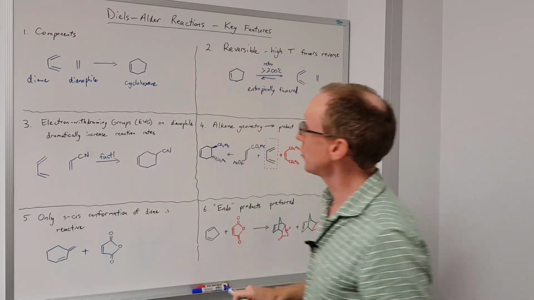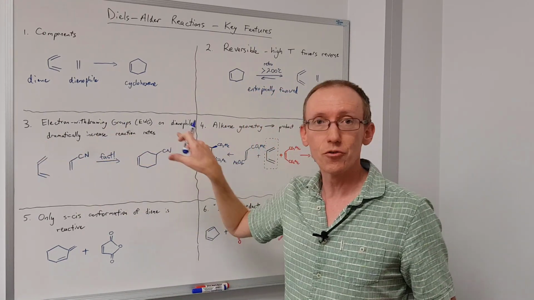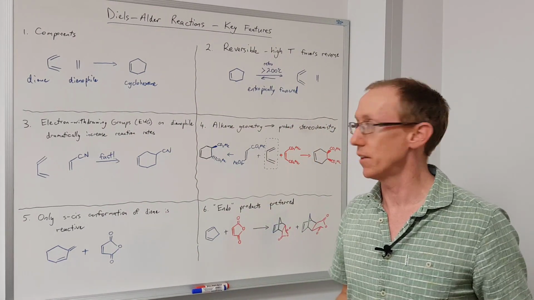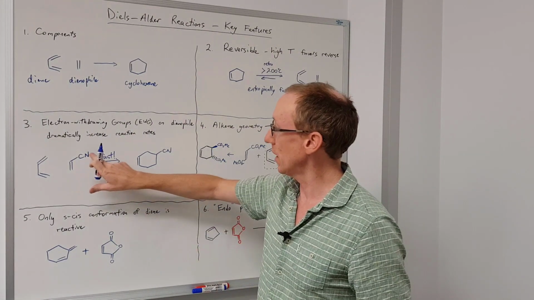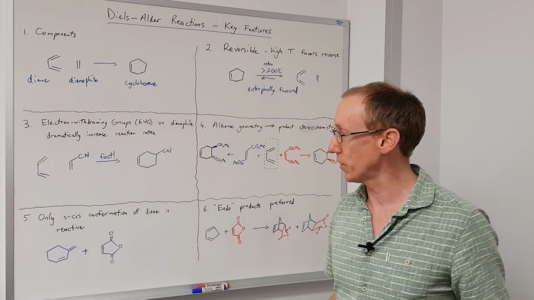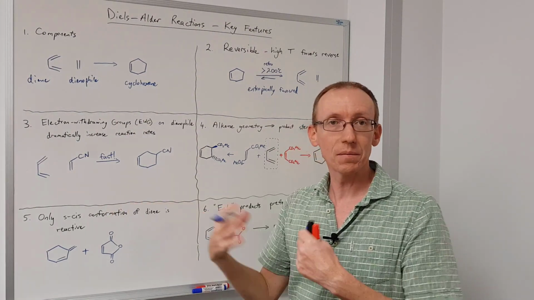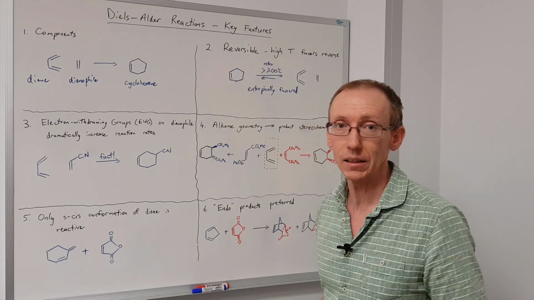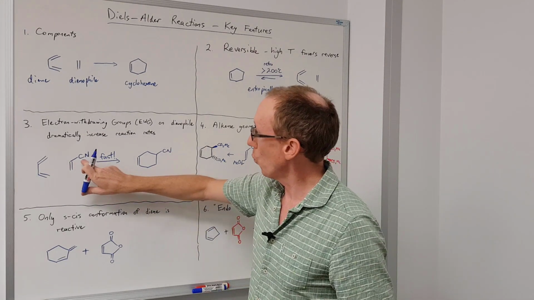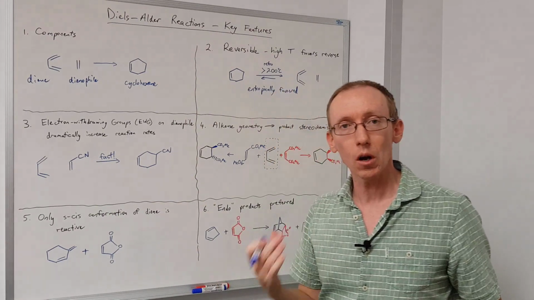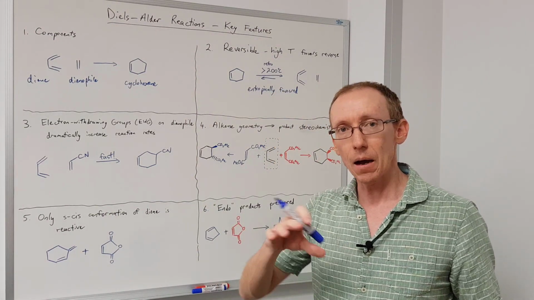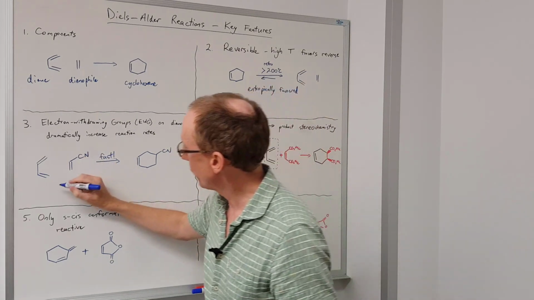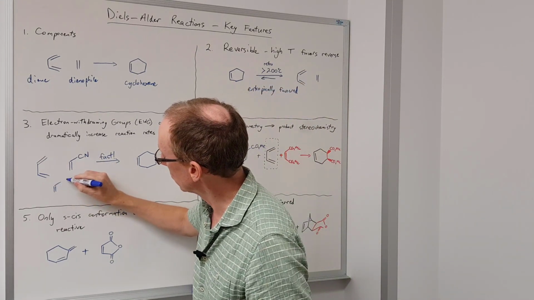The third key feature is that electron-withdrawing groups on the dienophile dramatically enhance the rate of the reaction. So if we have one electron-withdrawing group, we get a much faster reaction. If we have 2, it becomes even more greatly favored or more kinetically favored. So when we talk about electron-withdrawing groups, we're quite often talking about groups that are pi electron-withdrawing. So here I've got a cyano group. If we draw out that molecule in full,